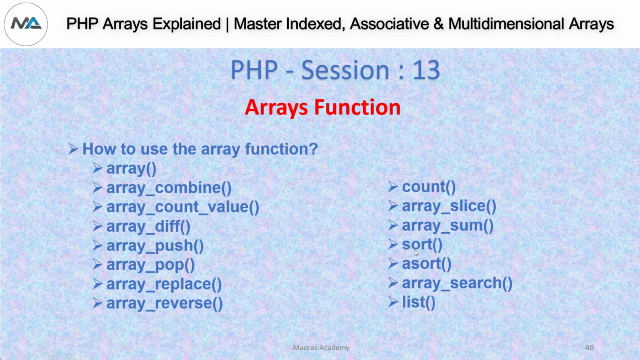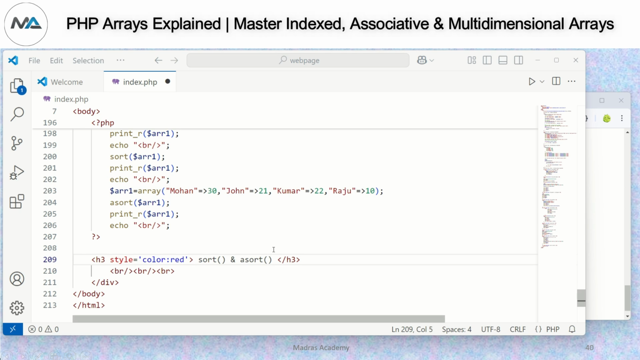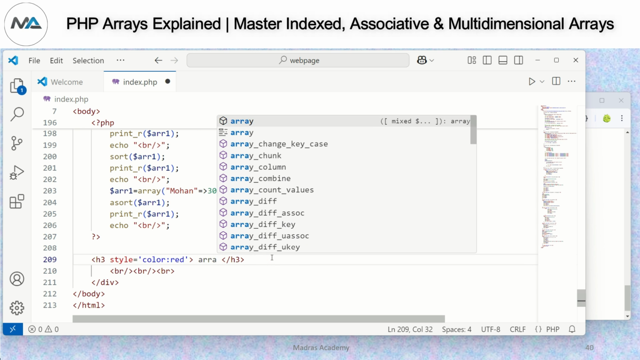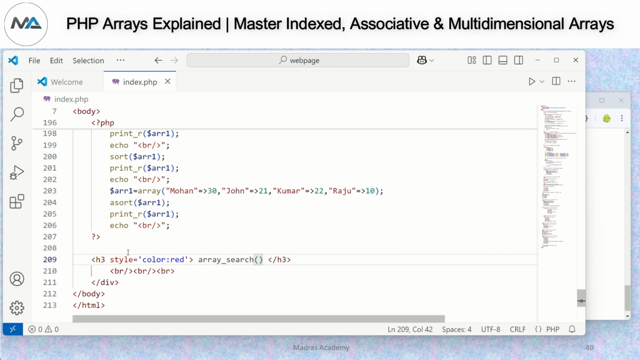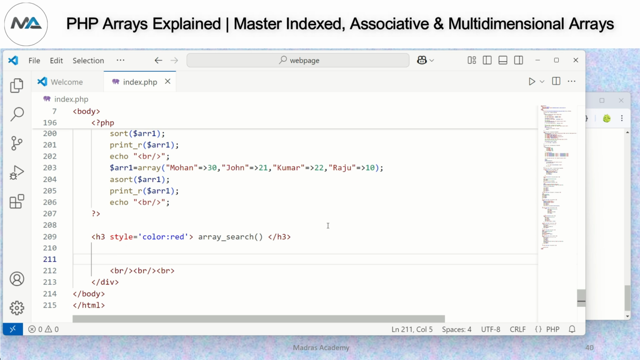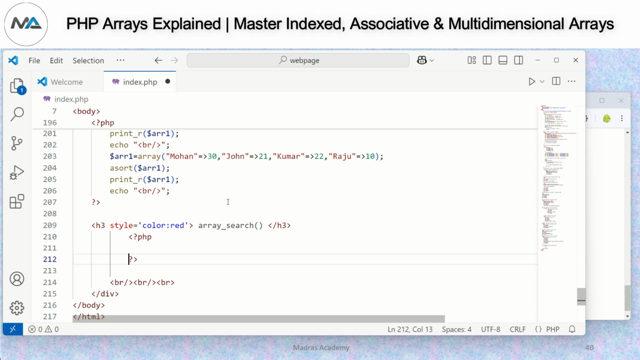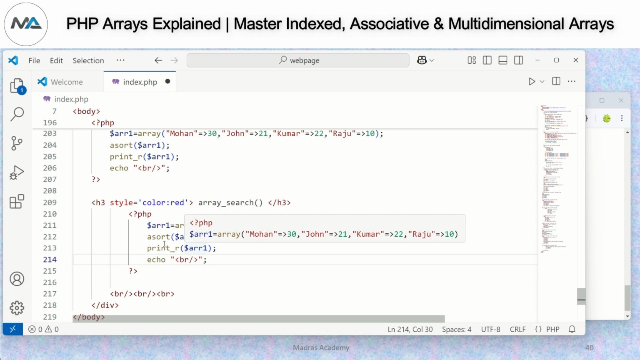is array search. Array search method. So how to write, we'll see that. Okay. For that we need a PHP tag first, and inside that array search. For that I'm going to create a key and the value per element here again. Okay. So now